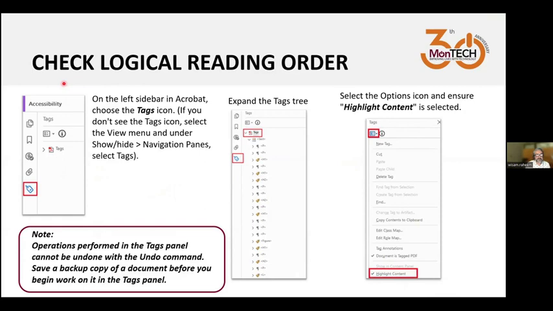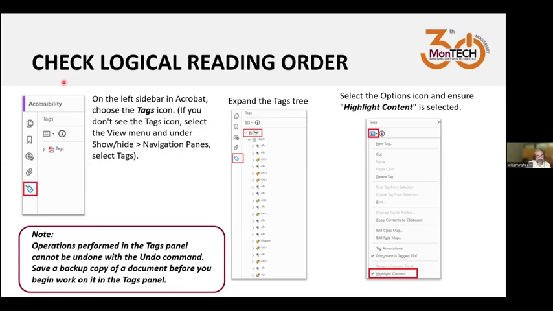The other thing, after doing the tagging and all other accessibility requirements, the alt text for images, the headings, everything, is that we need to check the logical reading order. I think Michelle talked about how to do that in PowerPoint, and she mentioned that it goes from bottom to top: it will read the title first, but we have to put it at the bottom, then the next. But in PDF, it's the other way, it's from top to down and